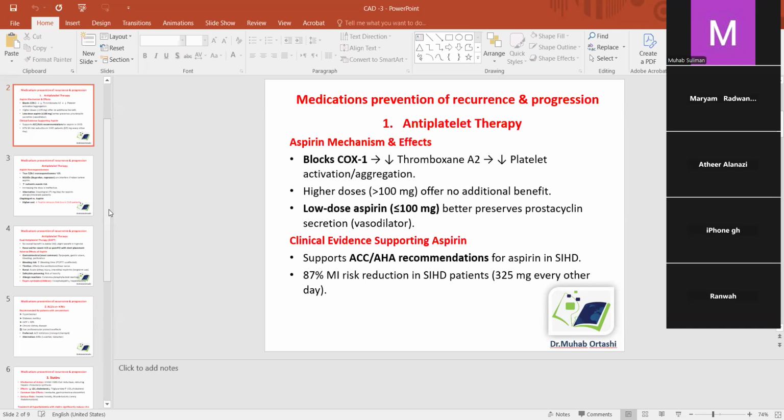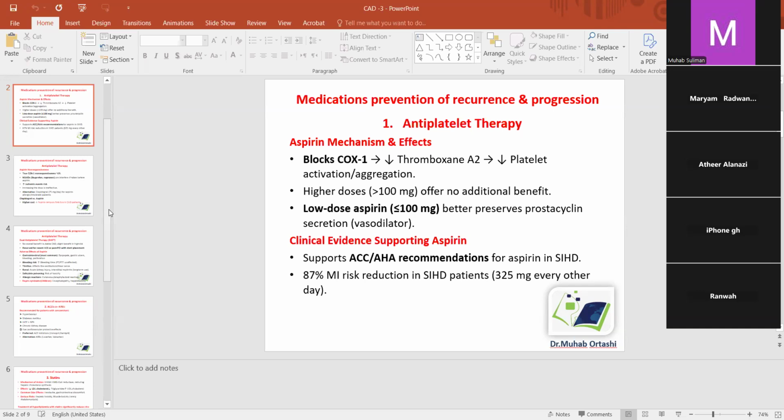وطبعا زي ما عارفين انه it blocks the enzyme irreversibly. So this platelet cannot do its function again unless there is a new platelet. وبالتالي if the patient has surgery, elective surgery أو كده, we have to stop the drug for 10 days at least عشان the patient has new platelets which are working well during surgery and after surgery.